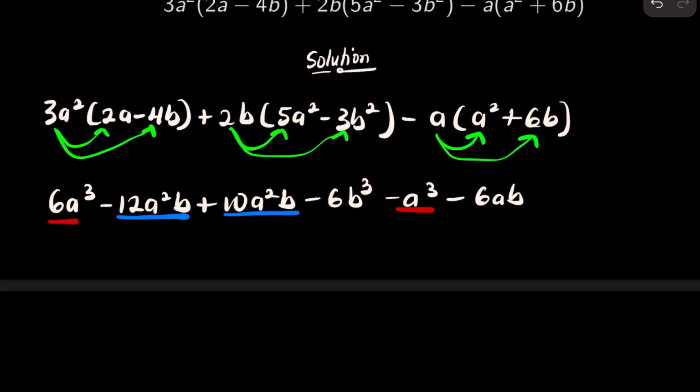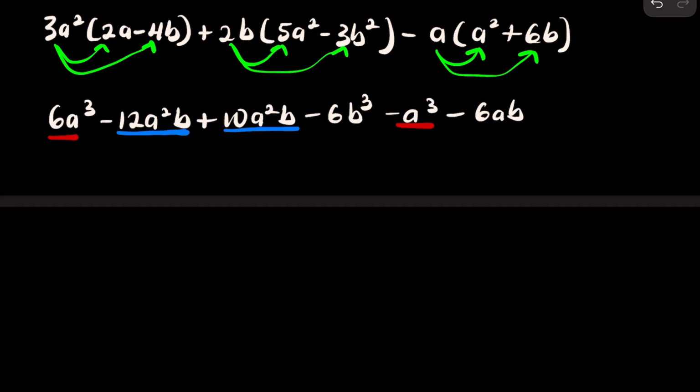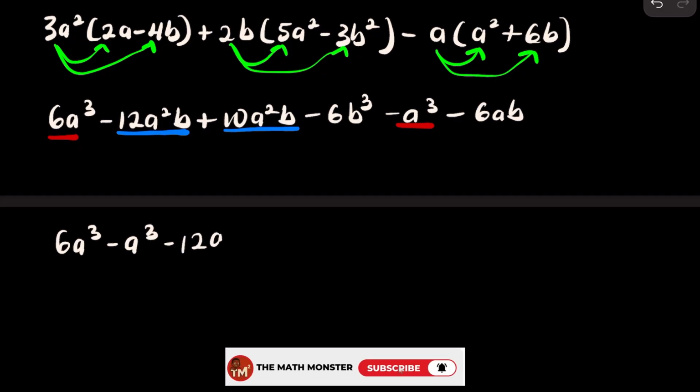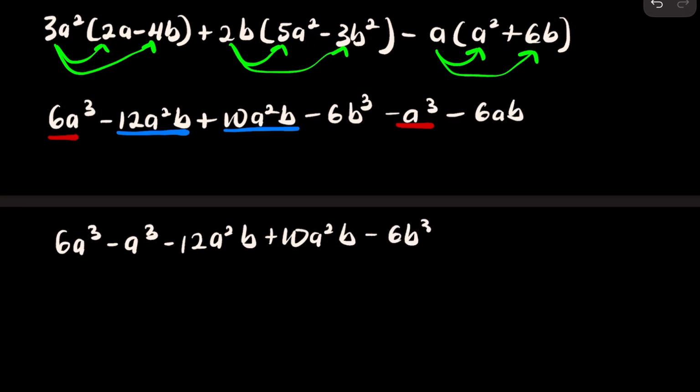And this is b cubed, but we don't have any other b cubed term in here. And also we don't have another ab term in here, right? So these are the only like terms. So now let's group the like terms and see what we're going to have. Thus we have 6a cubed minus a cubed, then minus 12a squared b plus 10a squared b, minus 6b cubed